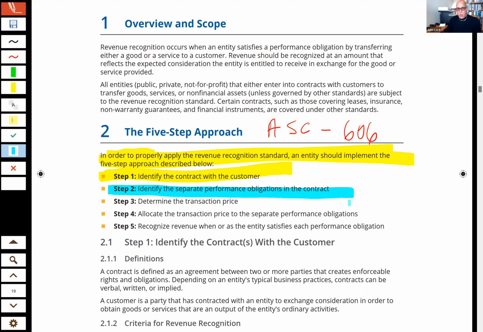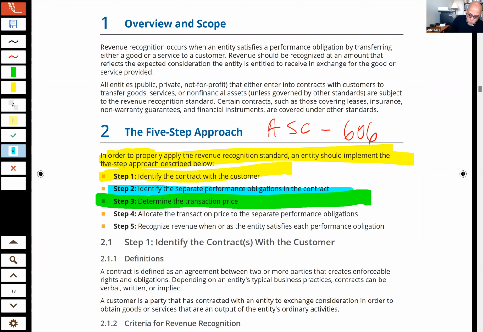For example, if all we're going to do is deliver some product to the client, then we would just have the one service obligation, which is to provide that product to the client. If it says, well, we're going to provide the product to the client, but then we're also going to provide some sort of technical support, then there'd be 2 performance obligations, and we'd have to determine, is that going to be recognized over time or at a single point in time? We would have to determine the transaction price, and that's pretty much often given in the question. This is what you're charging for this service.